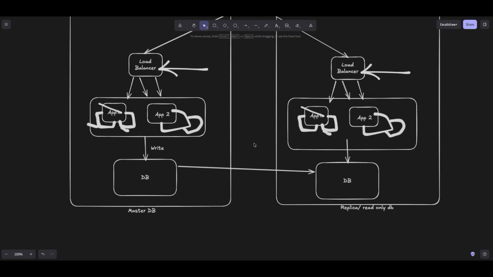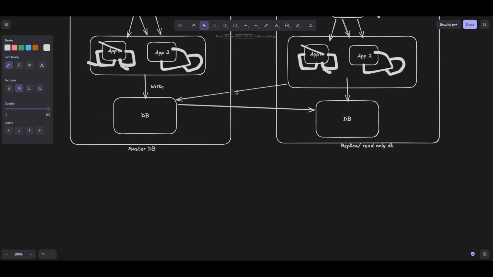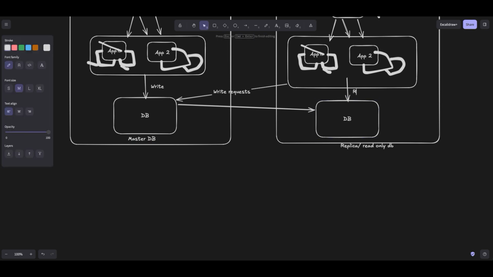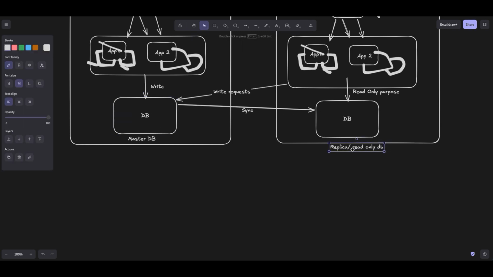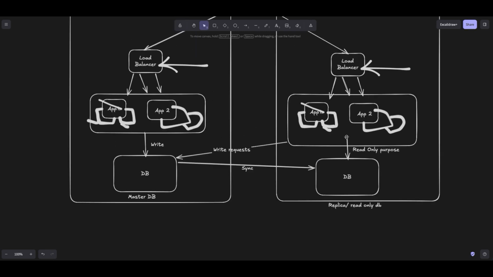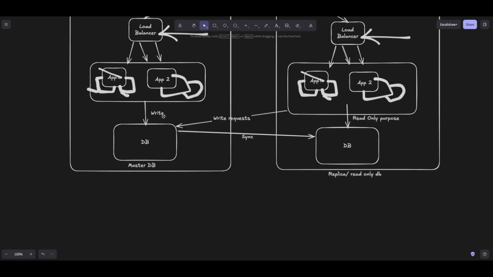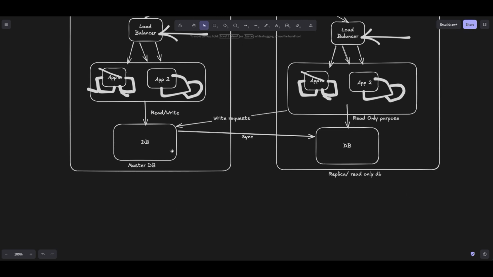any write request coming on either data center will write on this specific database. All the write requests will be redirected to this master database. However, the other database will be used only for read only purposes. So anything new written on this master database will be synced to this replicated database, and if on the second data center you receive any read only request, then it will be served via this database. You might wonder, does it only do write? No, it will also be used for reading as well. So for read operations you can also use this one, but all the write requests will be redirected to this